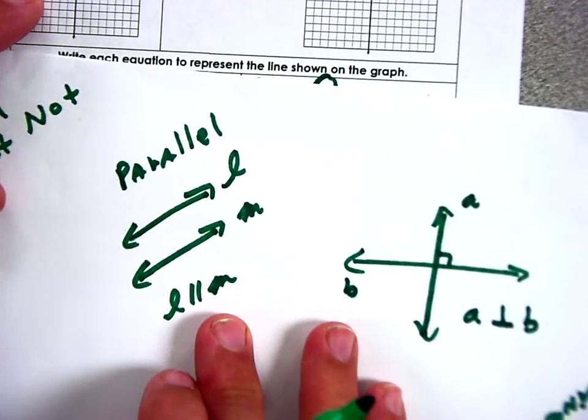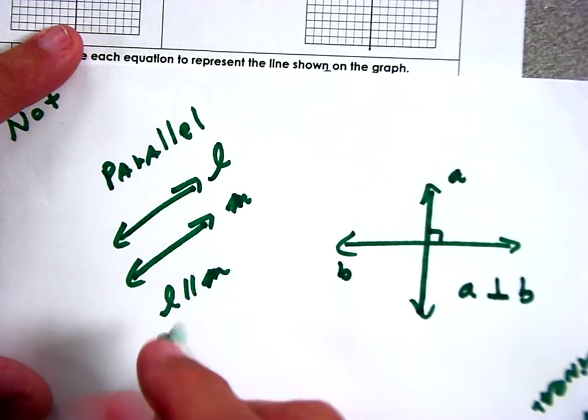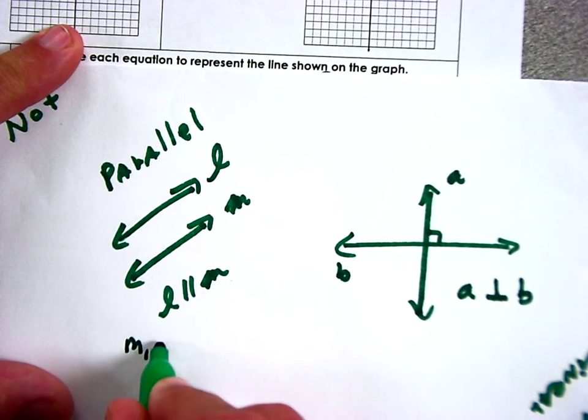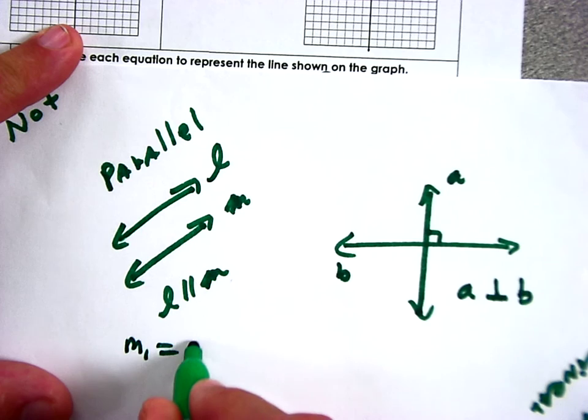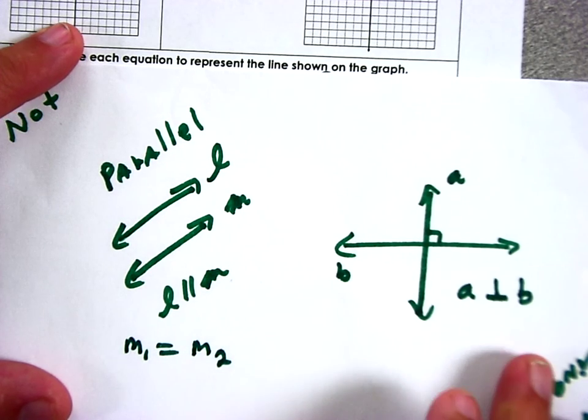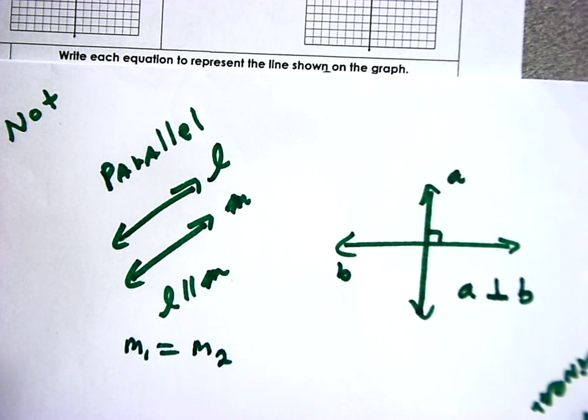And remember, parallel lines will have the same slope. Here, let's write M1 is guaranteed to be equal to M2. Okay, for that one. All right, well, hey, this is linear equations part